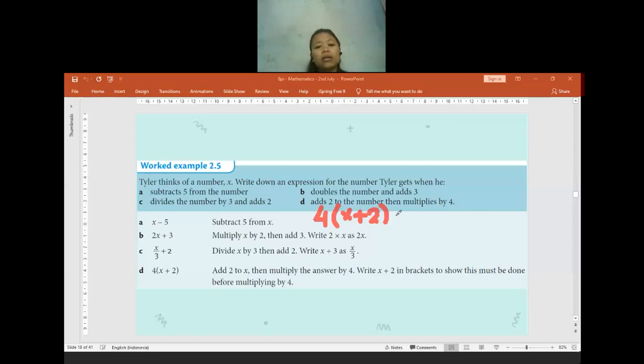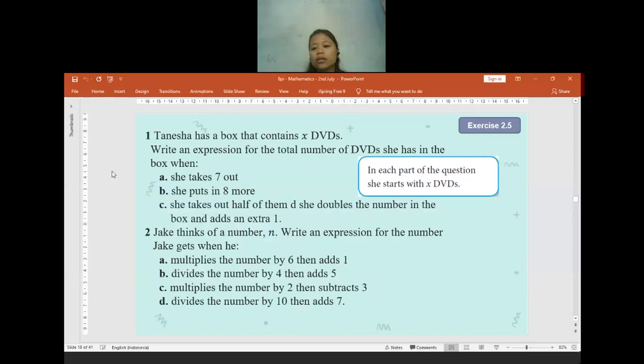Is there anyone who has difficulties or is getting confused? Or maybe I talk too fast? We're not confused, teacher. Okay. If not confused, we have like 5 minutes left. Maybe we can directly discuss together the question 1 because there are 5 minutes left. Is it okay if I discuss question 1 together?